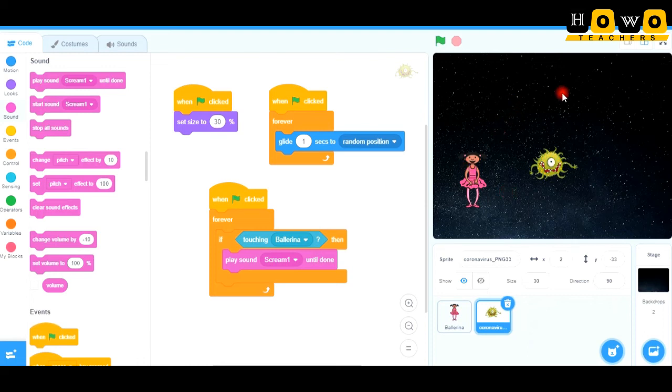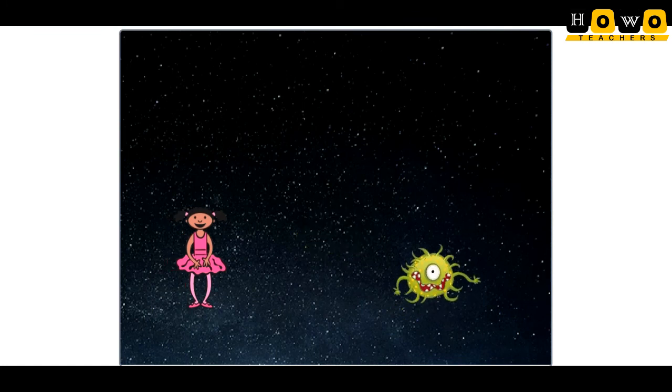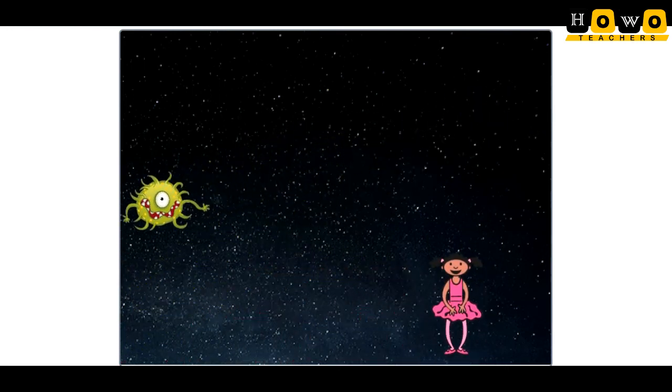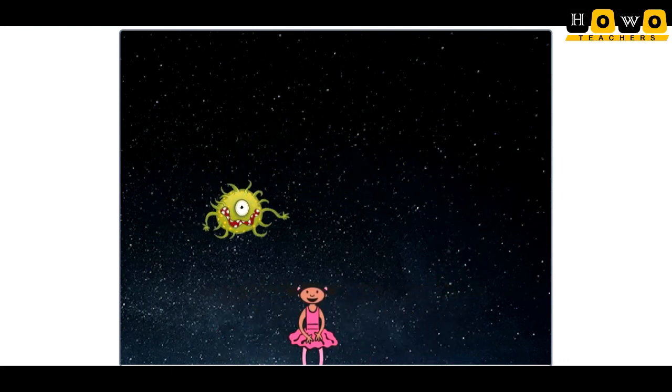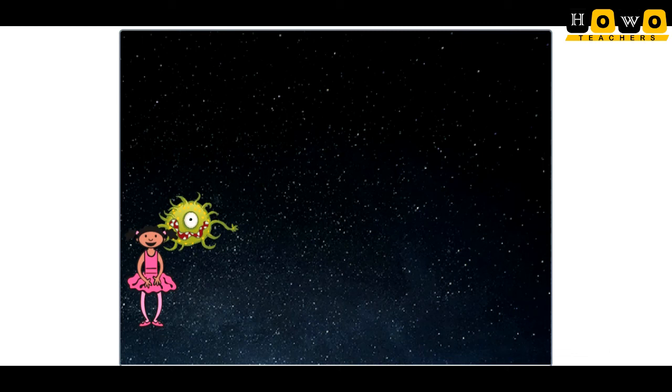So just the scoring is left, but let us go to full screen and play how the ballerina and the virus will be moving together. I'm going to play this game for sure today, because we together made this game here, and I hope that you will be saving your sprite from the coronavirus. Okay, so that was all for this game. Now let us move on further and see what all we have to do.